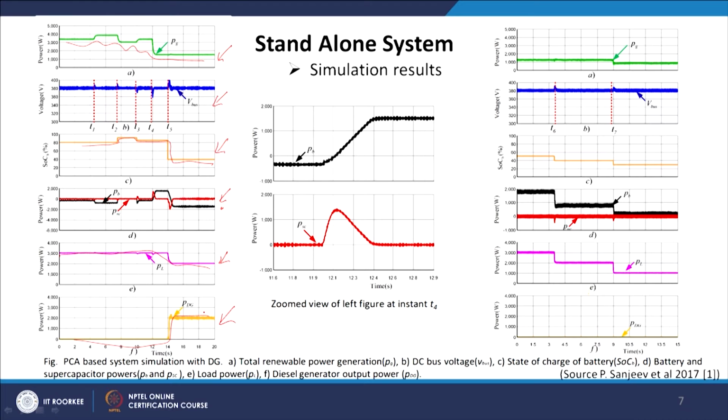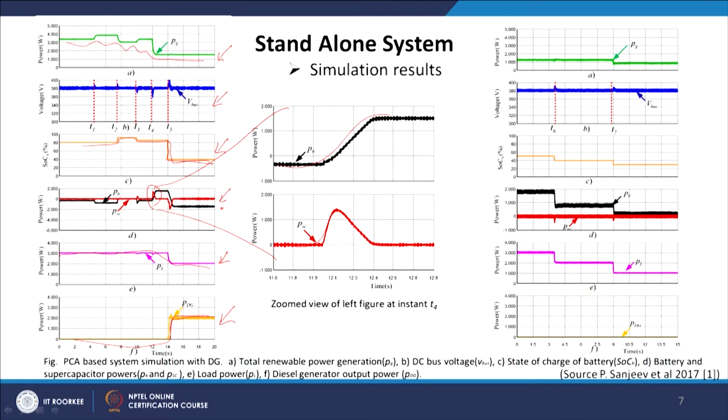Now, one very interesting thing I would like to tell you here: when the state of charge of the battery is low, we can clearly see the diesel generator is operating at its maximum capacity, because it is active, because the battery is not able to meet the load. And if this characteristic is zoomed in, we can see how my supercapacitor and battery